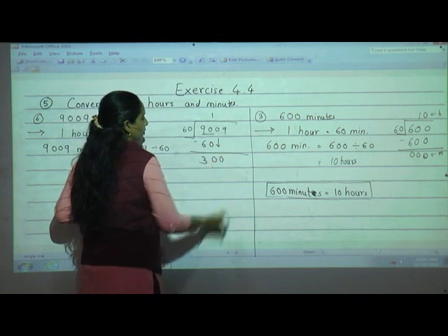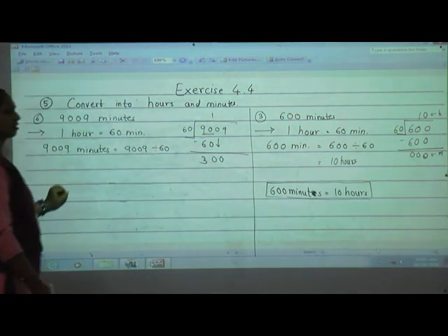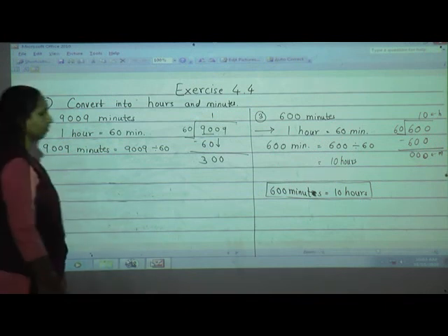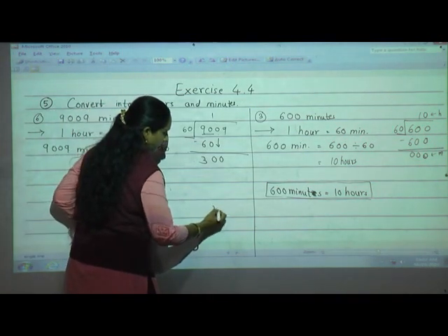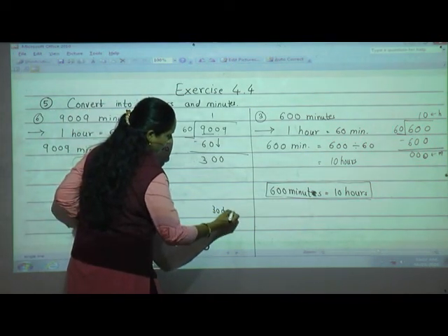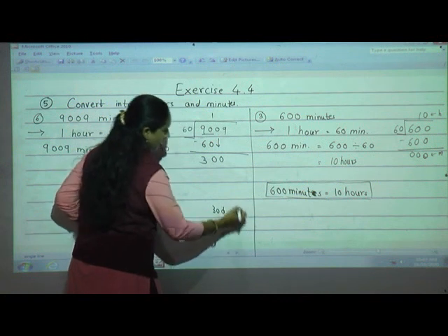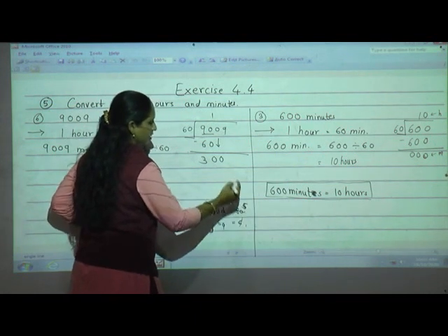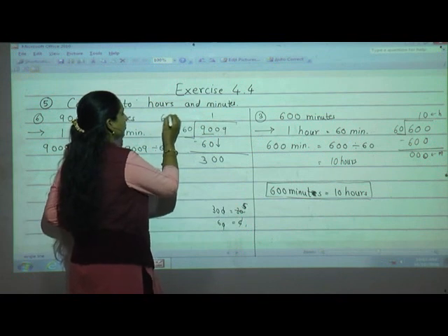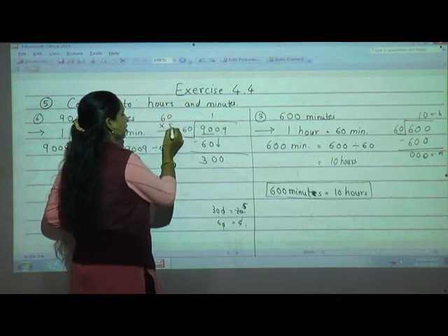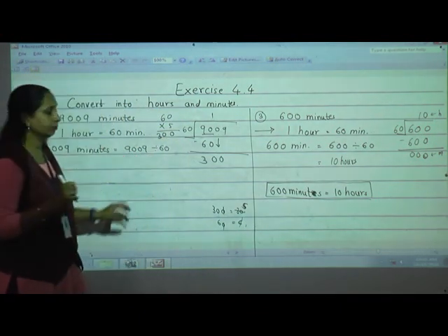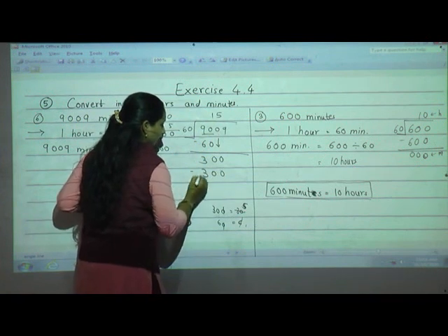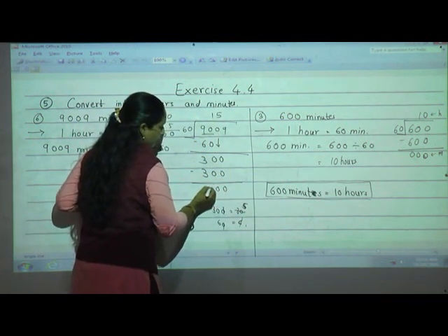Now bring down 0. Now see, is 300 there in the 60 table? Yes, come on, tell me. Yes, shall we try with an estimate quotient? I'll write here 300 and 60. Cut 0, 0, 30 and 6. 6 1s are 6, 6 5s are 30. So the estimate quotient is 5. So I'll try with 5. 60 5s are: 5 zeros are 0, 5 6s are 30. See, exactly we got it. So 60 5s are 300. Let's subtract 0, 0, 0.